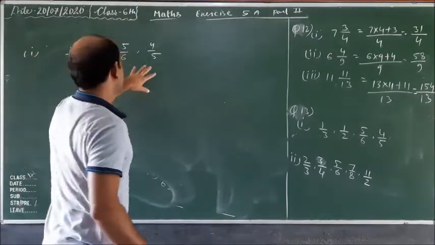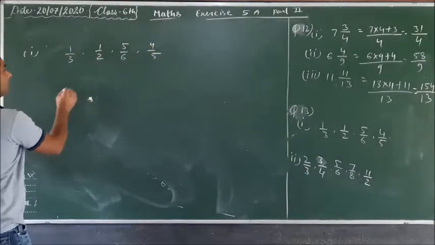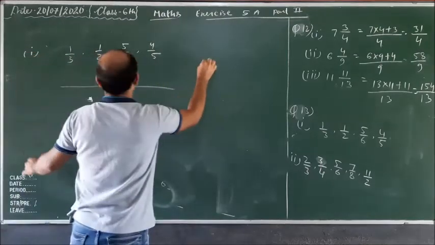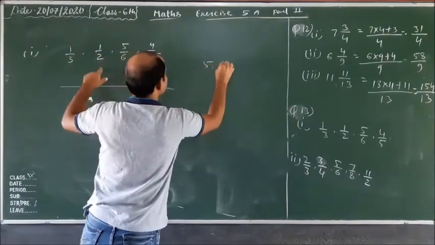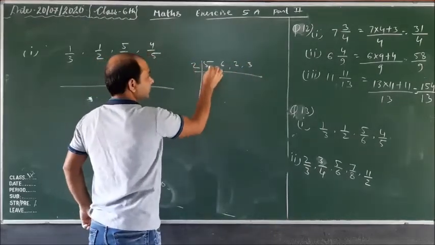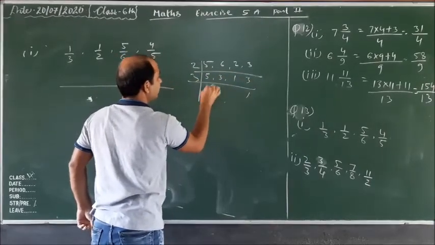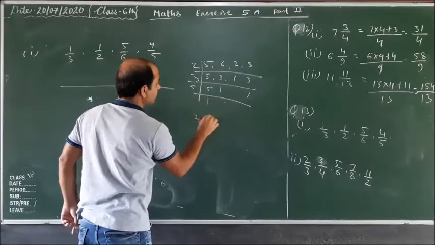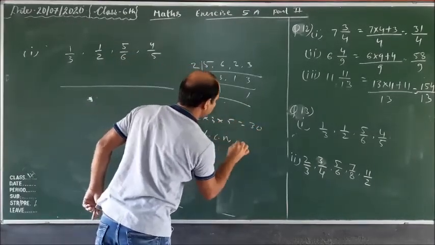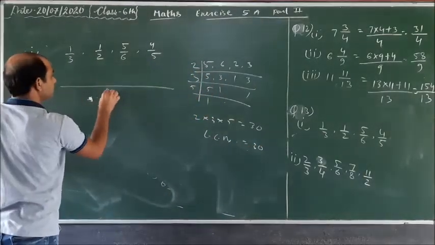So first we make all these denominators equal. So how do we do it? First we take the LCM of these numbers. 5, 6, 2 and 3. 5 is not available. So 3 is 6, 2 is 2 and 3. 3 1s are 3, and 5, and 5. Here 2 multiplied by 3 multiplied by 5 equals 30. LCM equals 30. Okay. Now here we write 30.